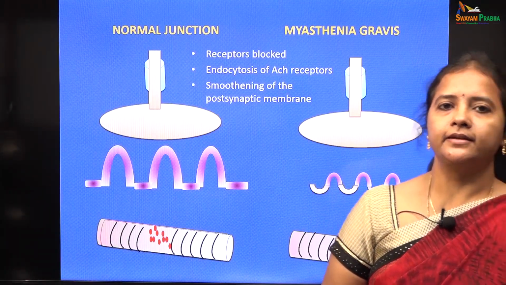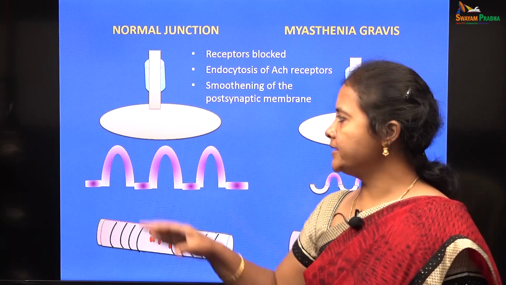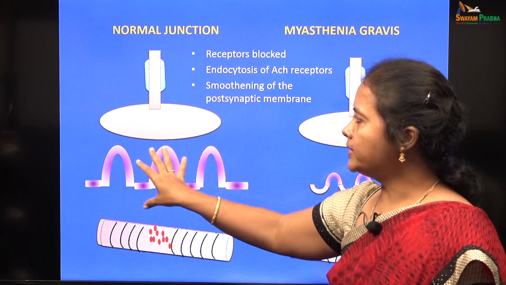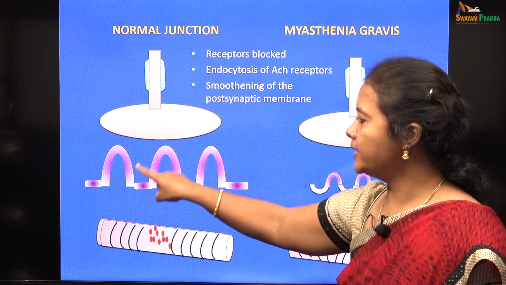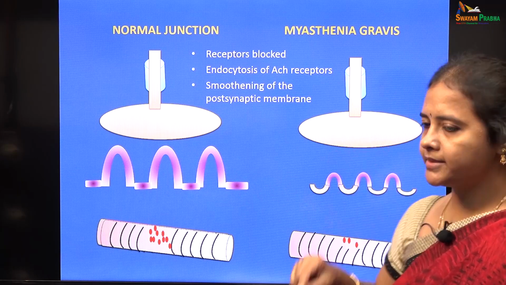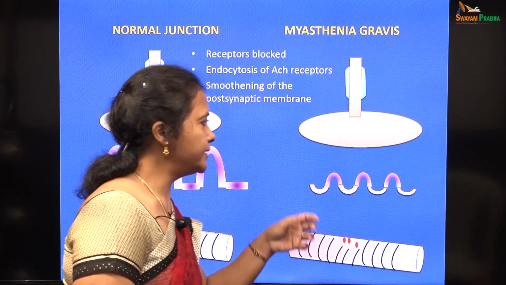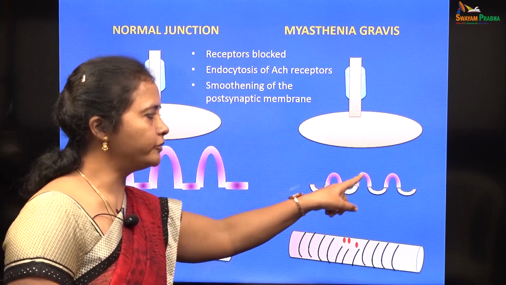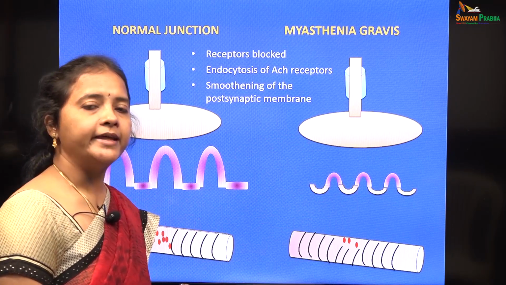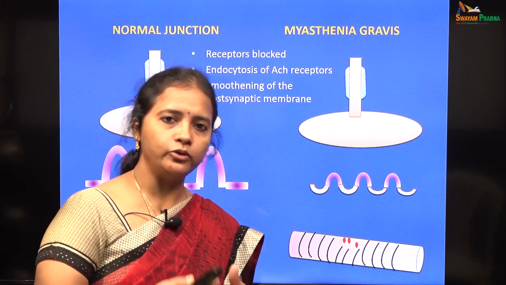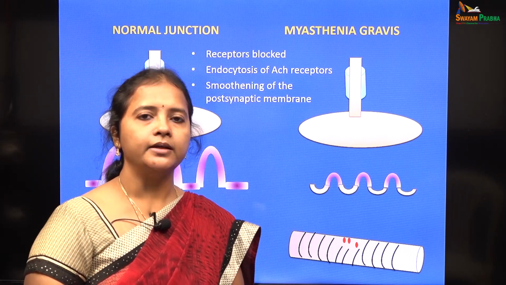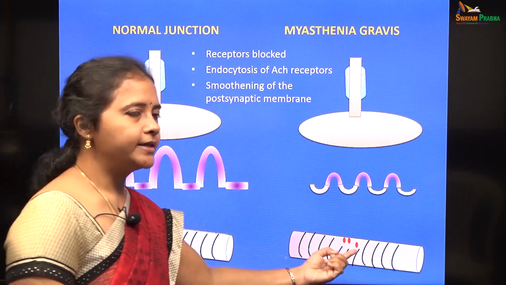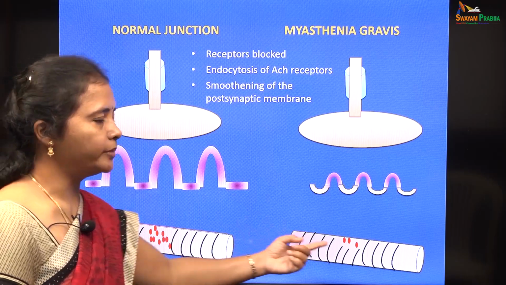As the condition is progressing in the patient, there are many changes which can happen at the neuromuscular junction. So, this is a normal junction where there is a presynaptic nerve terminal and the postjunctional folds. Here in myasthenia gravis patients, we can see there is an increase in the space of the synaptic cleft, and there is smoothening of the postjunctional folds, and there will be loss of receptors because of endocytosis of the acetylcholine receptor present at the postjunctional folds, and the number of receptors also is reducing when compared to a normal junction.